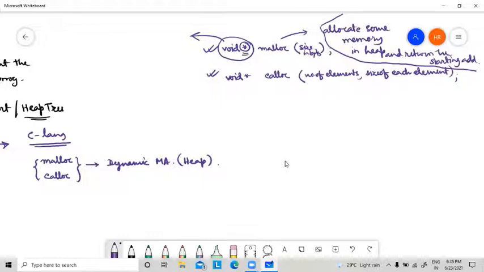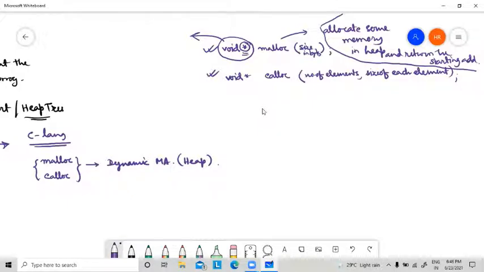Now why void? Because when we are allocating memory, malloc does not know whether it is for integer, float or character. That's why it returns a void pointer, which we have already discussed, so that we can easily typecast it to our required data type. That's why malloc returns void star and calloc returns void star. It is returning the starting address of the allocated memory.